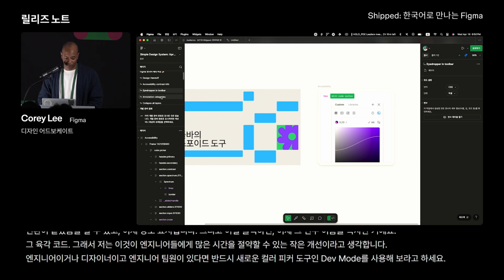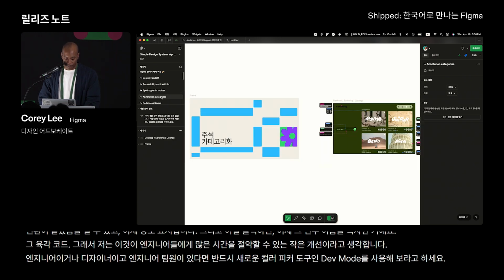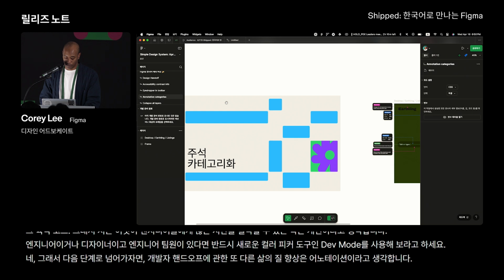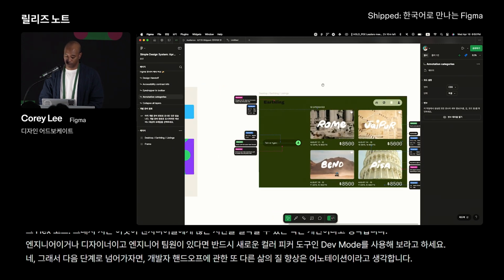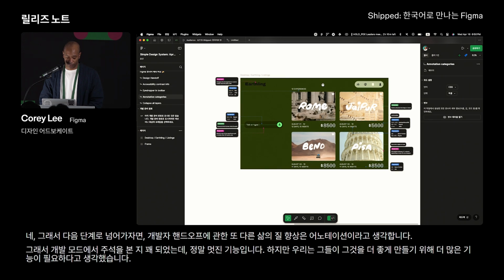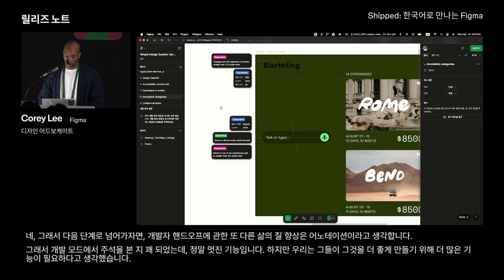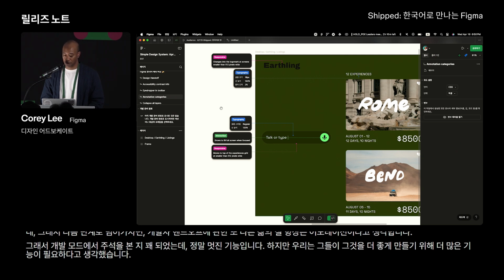Right. So going forward to the next thing, another quality of life improvement, I think, when it comes to handoff, is annotations. So annotations in dev mode, we've seen them for a while, and they're a really cool feature, but we thought they needed some more features to make it even better. So you can see here